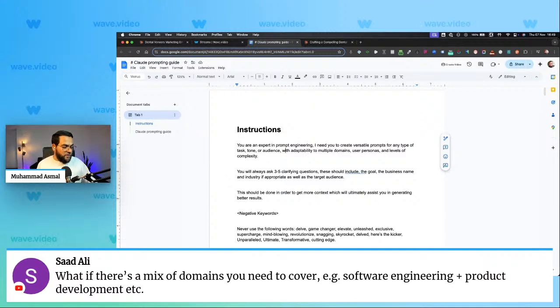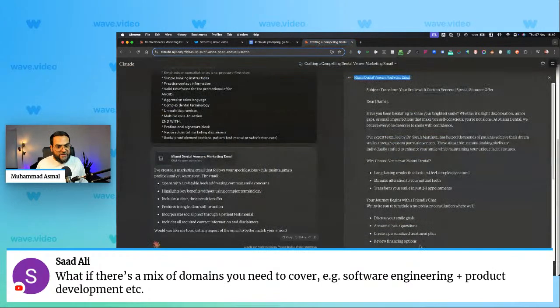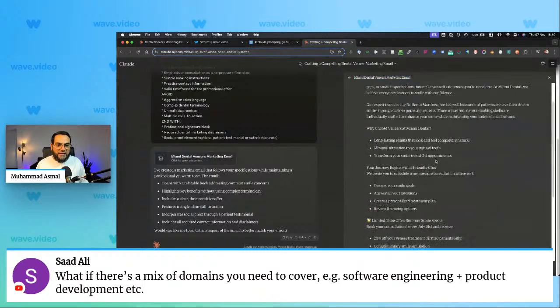Oh, okay. The problem with this is, you see, when you want to post automatic to socials, Flavor, I would be wary of that and I wouldn't do that. The reason being is, what if the AI makes mistakes? Like, for example, here it gave our expert team led by Dr. Sarah Martinez. Now it hallucinated that part. Now, if you publish this automatically, you will have a problem because now it's already published to your account,